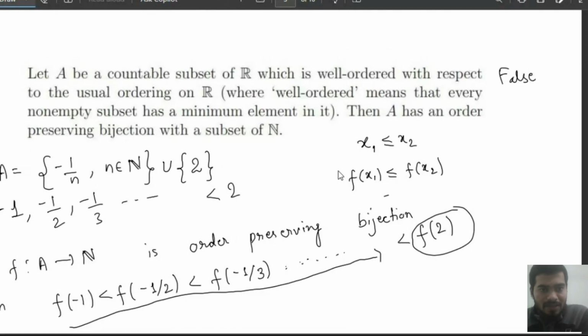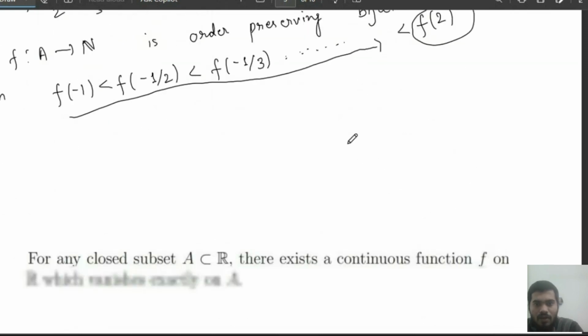Although this is the example, can somebody give me an example of A for which there exists an order preserving bijection? Take Q, right? Yeah, Q is possible, and the simplest possible set is N itself. You can define f(n) equals n. Very trivial. Or the set of even numbers, then you can define n by 2 and so on. Right? So there exist sets which can have order preserving bijections, but not every set. One such set is this A, which cannot hold that property. Okay.